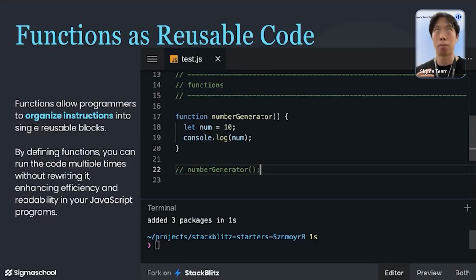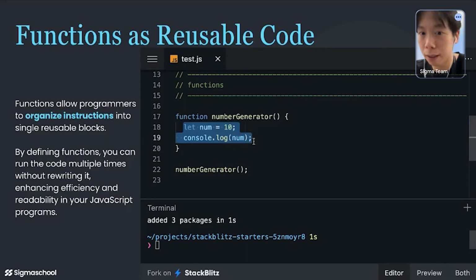So remember, functions are organized instructions that you can repeat. Whatever is inside the curly brackets, every time you call the name of the function, numberGenerator, it executes everything within the curly brackets.